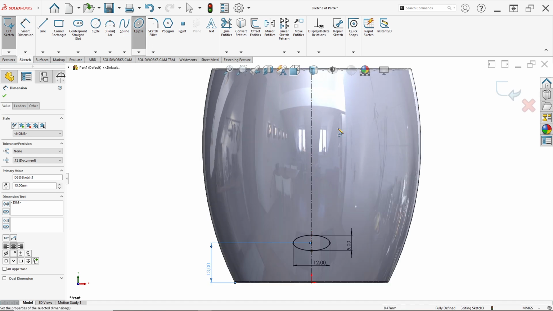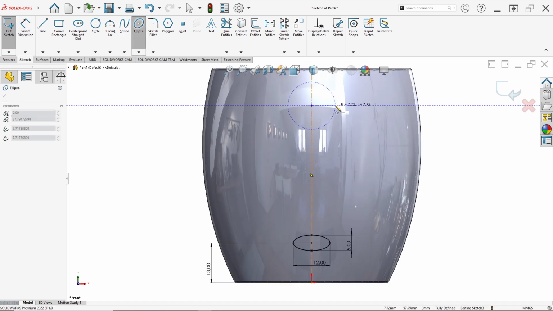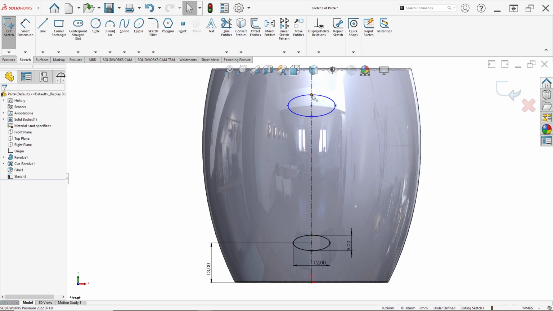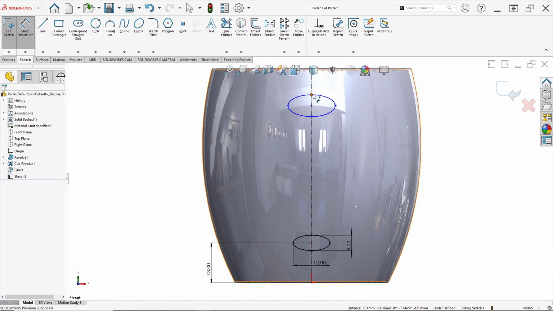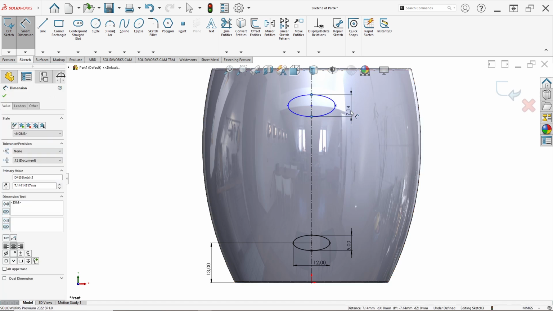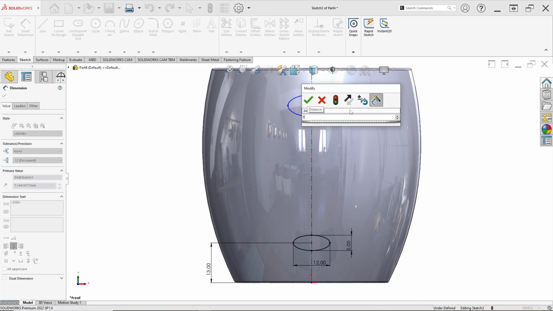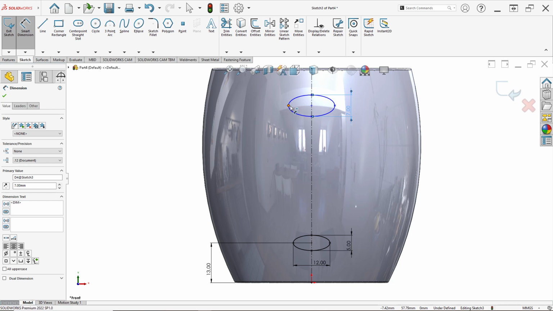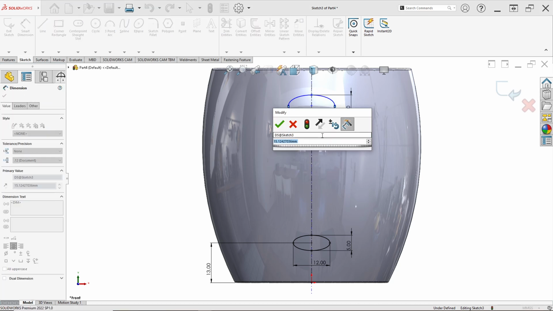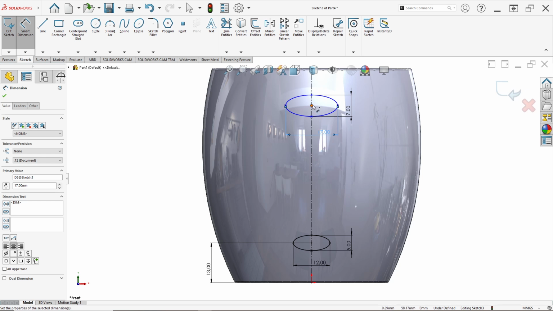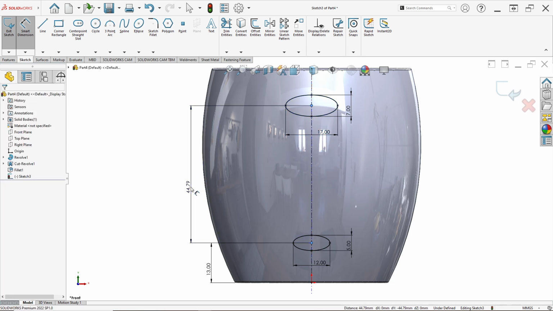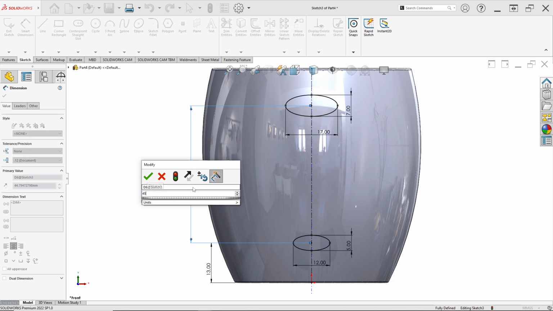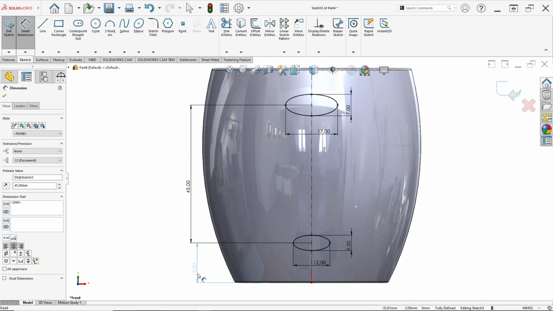Draw another ellipse from this center line. Ensure this point and this point are made vertical, set the width to 7, and the length here I set to 17. The distance between the centers of the ellipses is 45 millimeter like this.